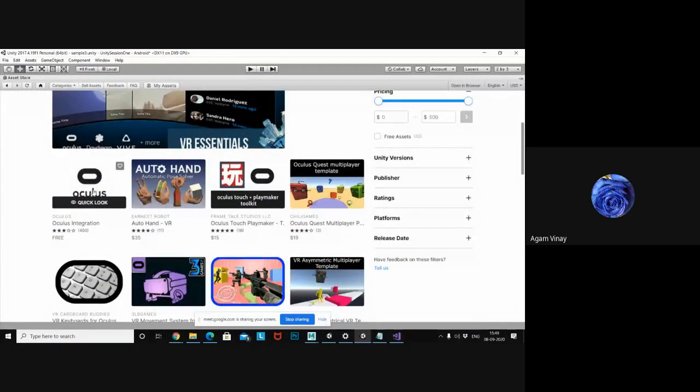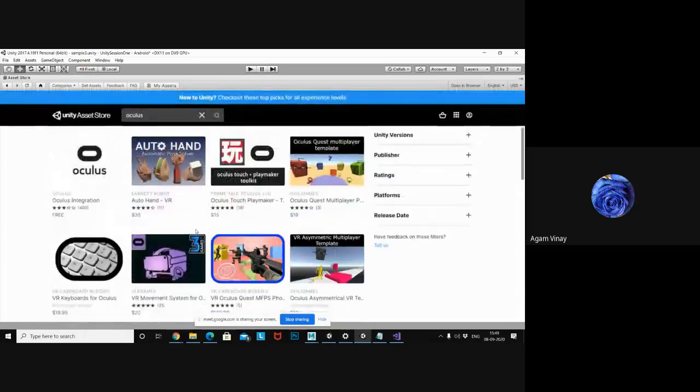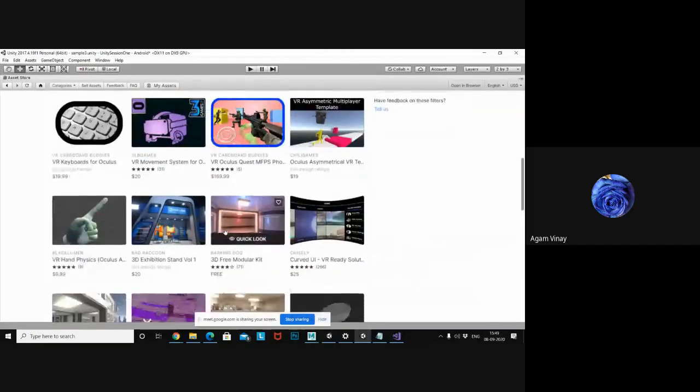Like this, if you want to use virtual reality using Oculus devices, you need to integrate the Oculus SDK. This is free from Oculus. So you first integrate the Oculus SDK, and later you work with it. Someone asked about HoloLenses. Similarly for HoloLenses, there are some SDKs to use in Unity.